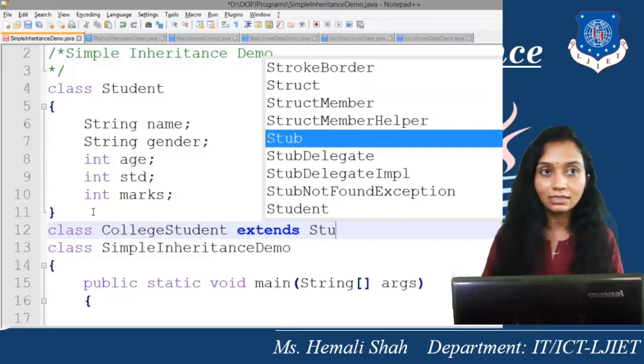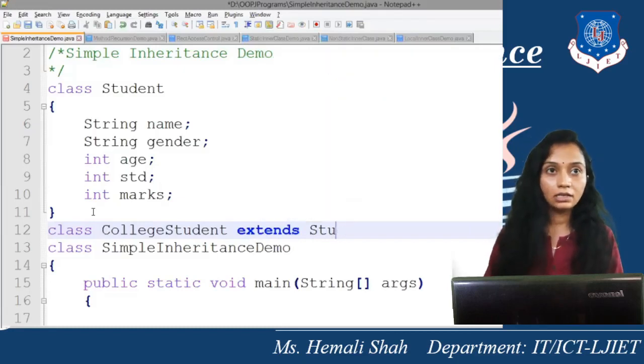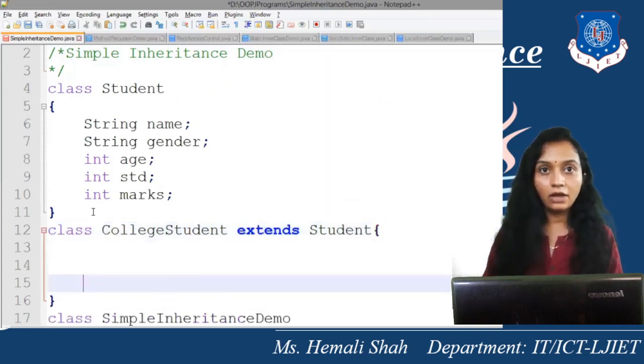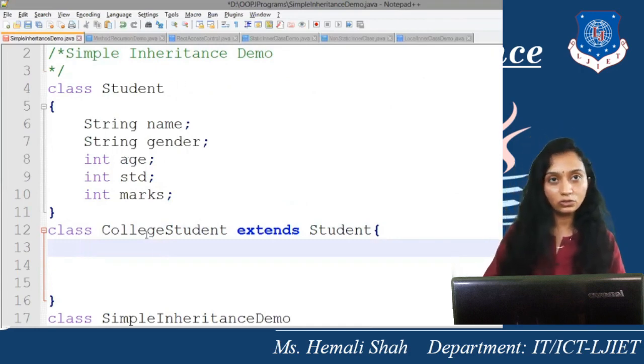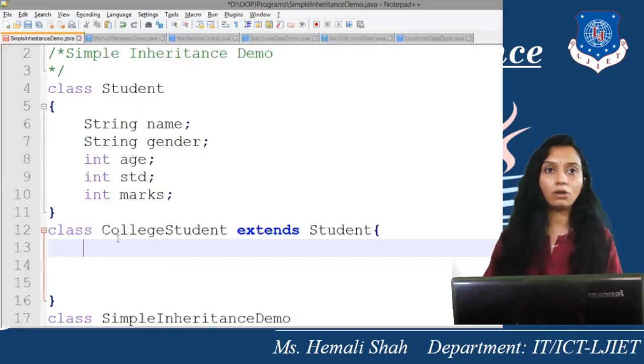This is the mechanism so that you can use the existing class, right? All the properties which are available in the student class will be directly available in the college student class.